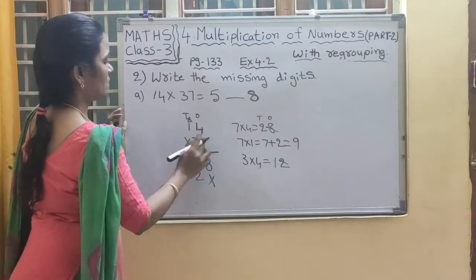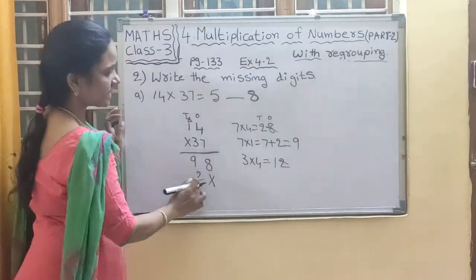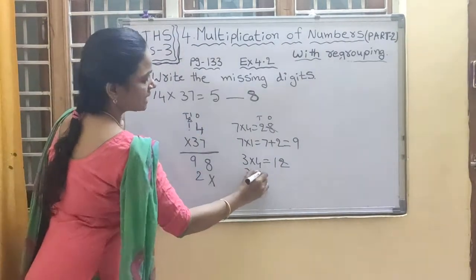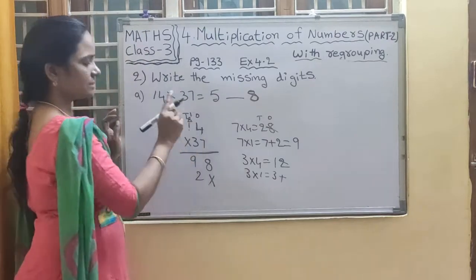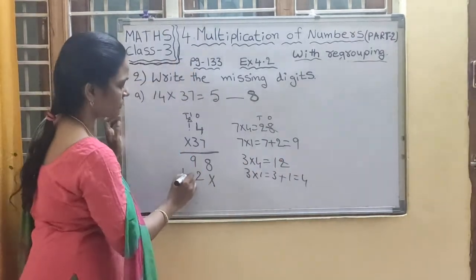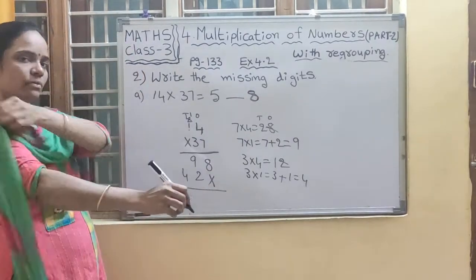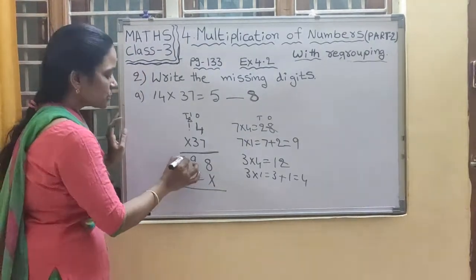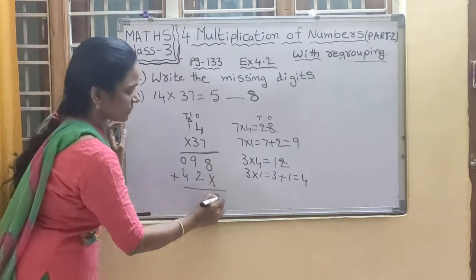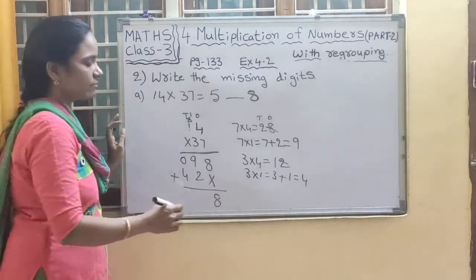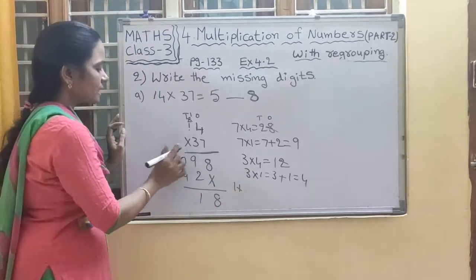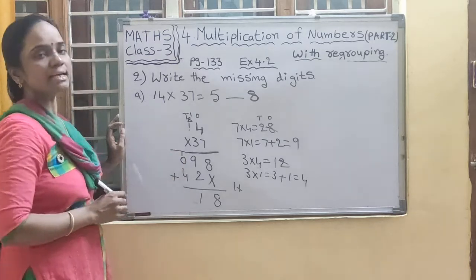next place. 3 4s are 12. 2 right here and 1 is forwarded to the next place. 3 1s are 3. But what is the carry? 1. Understood? Plus 1 is equal to 4. Write 4 here. Okay? Now at the hundreds place put 0. Now take addition. 8 is the same number. 9 plus 2, how much children? Very good. 11. 1 right there and 1 is the carry, forwarded to the next place.